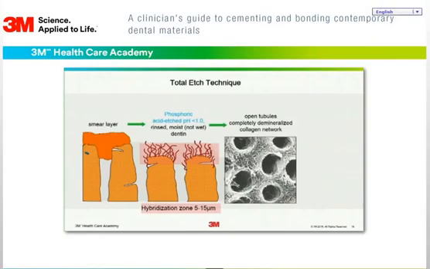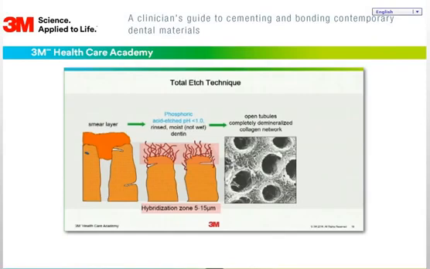Think about it just for a moment. 5 to 15 microns, that's roughly, one blood cell is about 5 microns. So if you think about that, this is where success, or the rubber hits the road, so to speak. You've got to maintain and develop this hybridization zone to have success. And as you look at the dentin over here, this is the ideal situation for producing reliable results with total